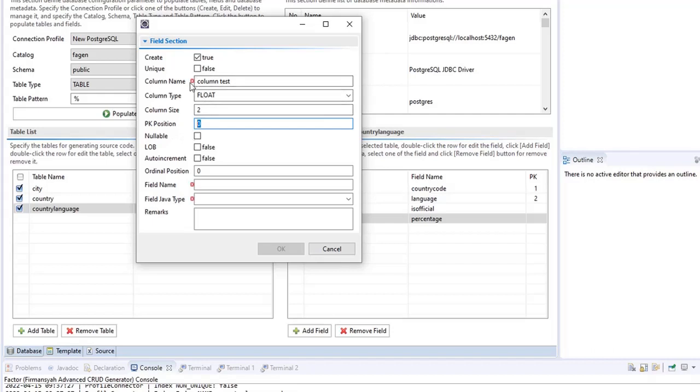Okay, there is an error in here, so the column name cannot have a space, so we need to make it no space between this. And then this is the ordinal position. This is the field name that will be generated in the source code.